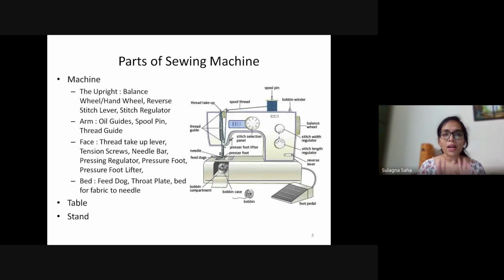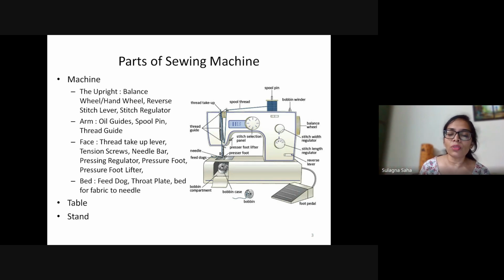Let's look at the parts of a sewing machine. It's very important that, as somebody who knows stitching, we know each and every part of our sewing machine, know which part is supposed to do what, how all the parts have such important roles, how to take care of all those parts, and what the function of such parts is. So let's look at the parts of a machine.